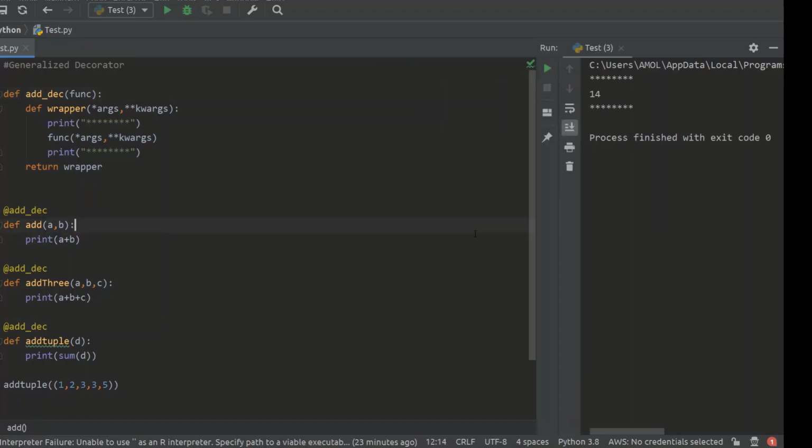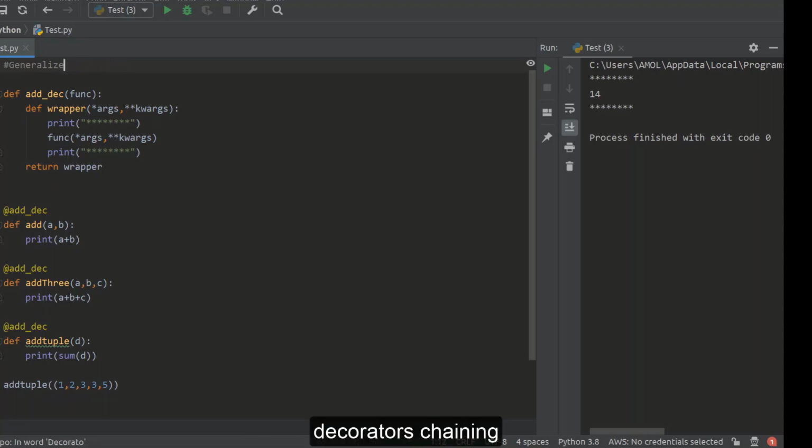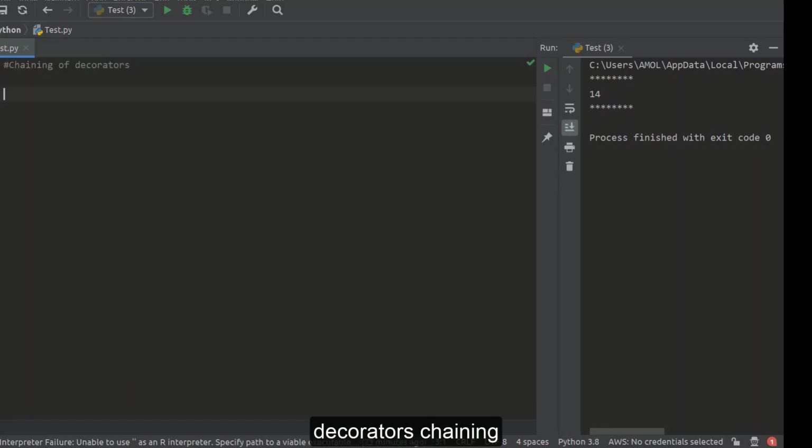Now we'll see how we can apply more than one decorator to a function, or in other words, chaining of decorators. Chaining of decorators means to a function we want to apply more than one decorator. So first here we are writing, suppose, a star decorator. Now decorator, we know, takes function as argument.